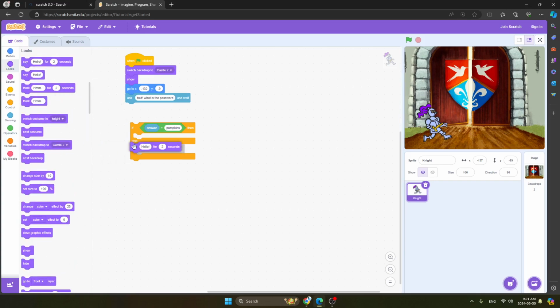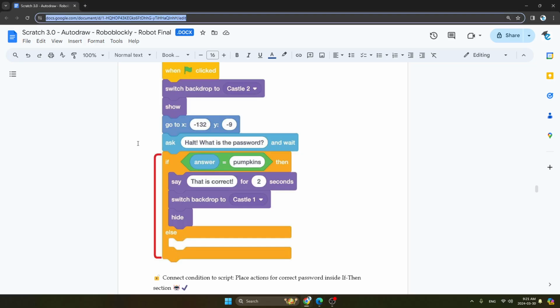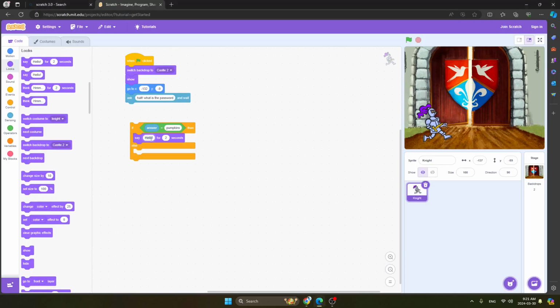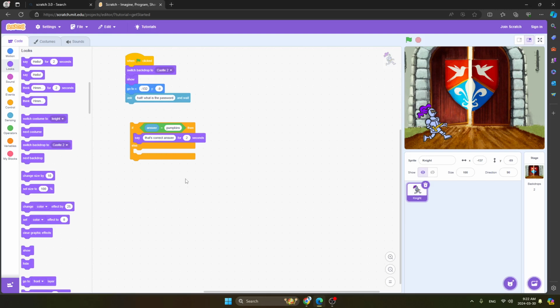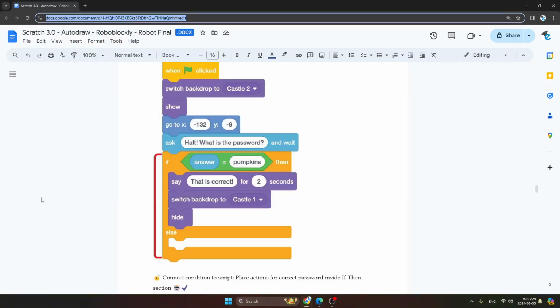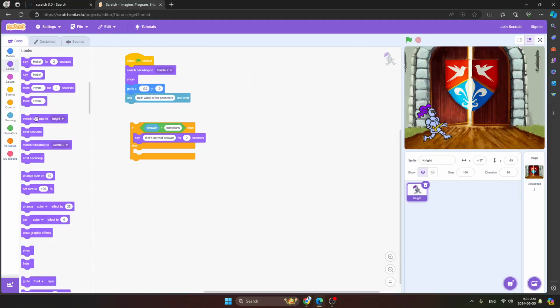We will take say, and now we will take that's correct. We have taken that's correct answer and we will take wait for 2 seconds over here. Now we will take switch backdrop to Castle 1. So we will take switch backdrop.